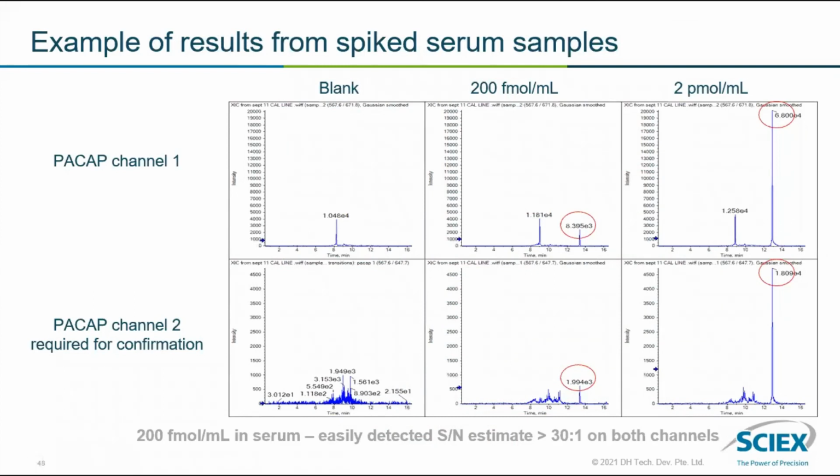So what we achieved here is, if you see here, we have two different kinds of PCAP samples. One is denoted as channel 1, and the second is channel 2, where we basically wanted to confirm the studies we are doing. So we ran two different sets of samples, and again in the blank you can see we got a very small peak, and then at 200 femtomole we were able to achieve the separation of PCAP with a very good signal